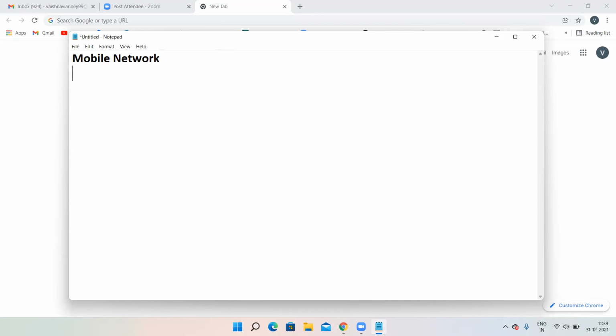Then when to go for mobile network? If you are an iOS app or an Android app owner, then you have to go for mobile network campaigns. You have an app and you want to get more app installs or more app engagement, or you're launching a new app, at that time go for mobile network. That means only app owners should go for mobile network campaigns.